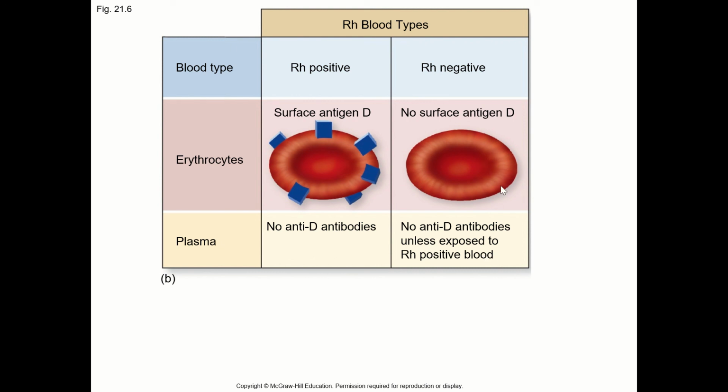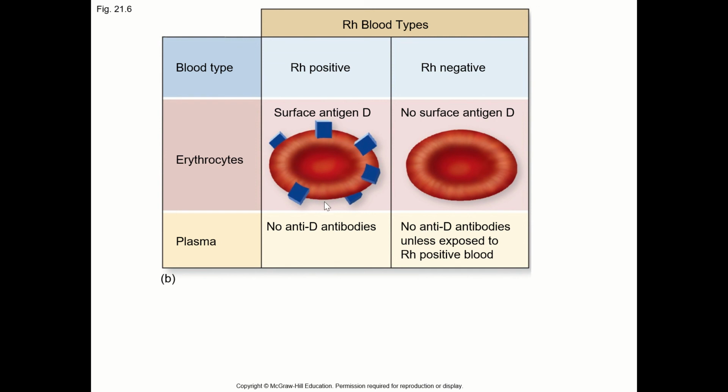So in a first pregnancy, if the mom has negative blood and the fetus has positive blood, then even though the red blood cells don't circulate through the mother's blood plasma, the plasma can be exchanged. And the mother's blood can start making antibodies to the positive antigen. Now, in the first pregnancy, it's actually not going to be a problem. What happens is if the mother has a second pregnancy and a second positive blood type baby, in which case the mom's blood will have antibodies to the positive blood of the fetus, and that can cause agglutination in the fetus,